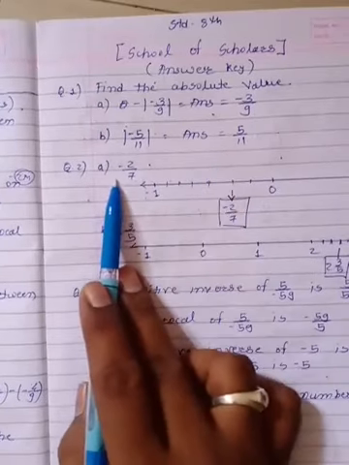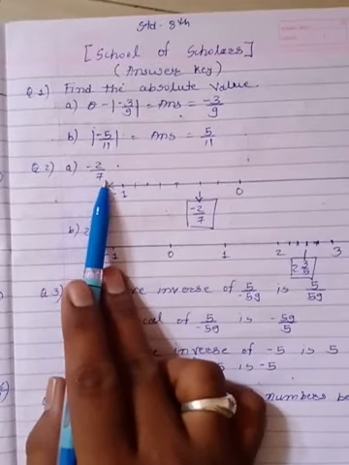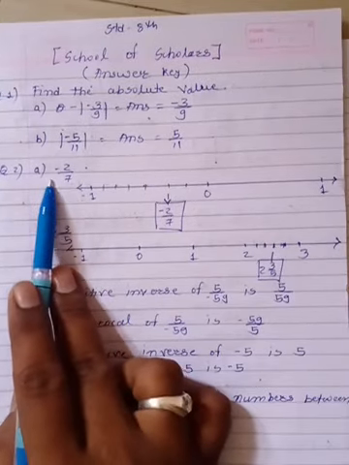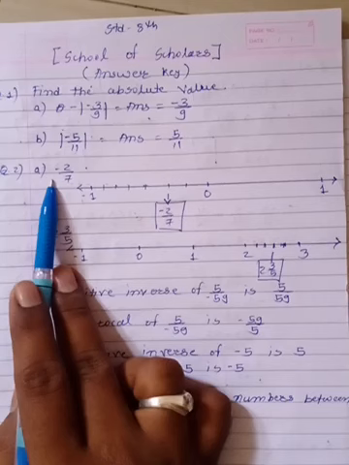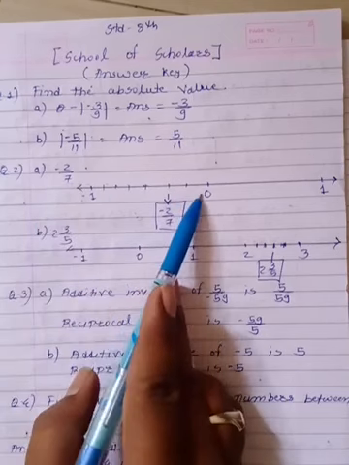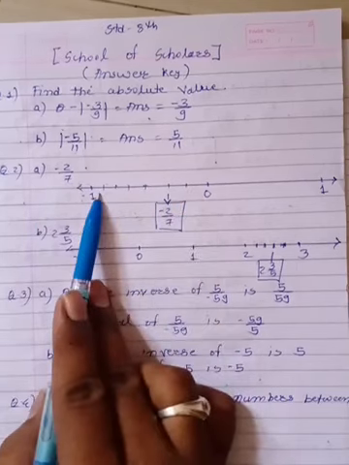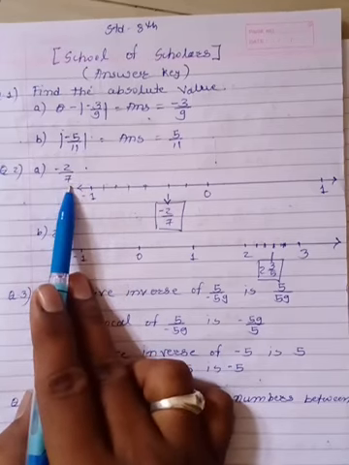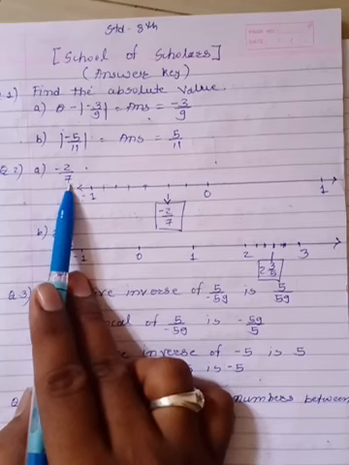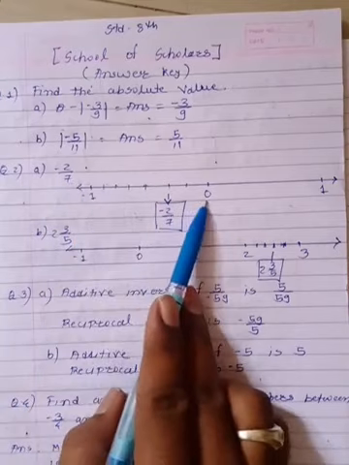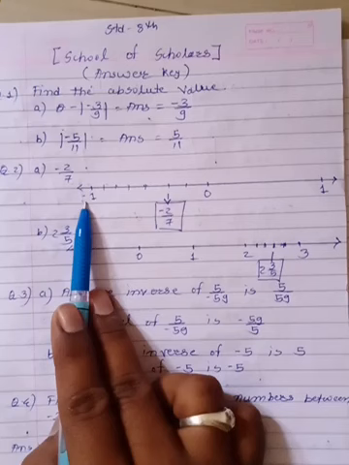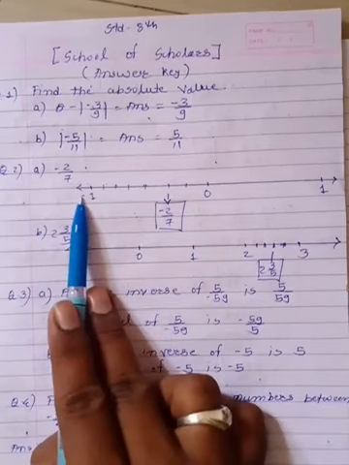Second question was, student, represent the rational numbers on the number line. So here our first rational number was minus 2 by 7. So we are going to represent it on the number line. As it is negative, it should lie on the left hand side of 0. It is a proper rational number, and as I told you, a proper rational number always lies between 0 and 1. So here 0 and minus 1 is the limit of it, and now I am going to make 7 equal parts of this 0 and minus 1.